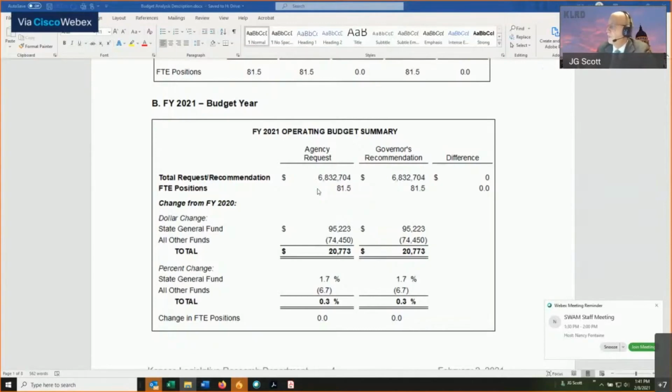And then when we talk about a budget year, that's one out year. That's the year after the current year. That would be fiscal year 2022. There are some biennial agencies that go out for another year, but the 3 that you have in this committee don't have any of the biennial budgets.